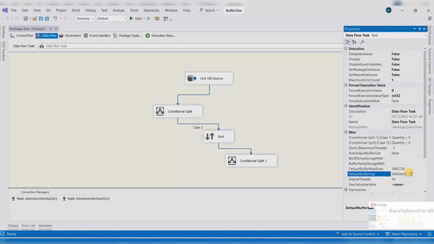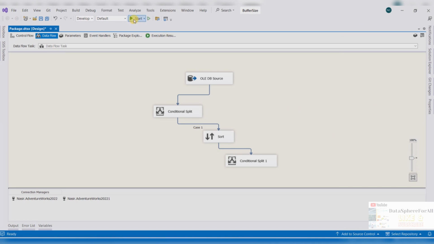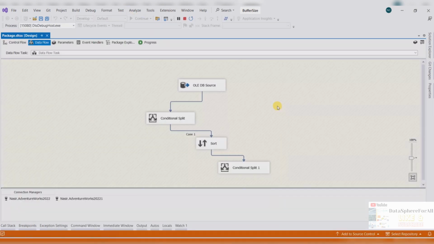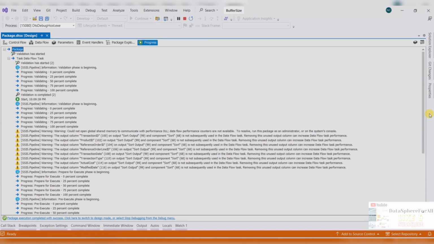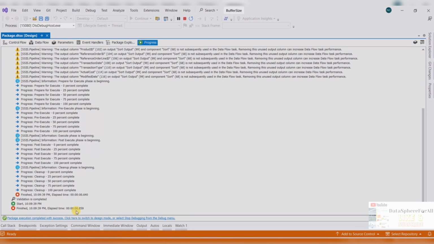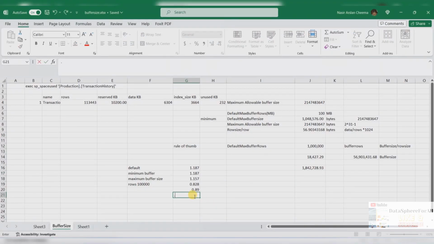1842729 rows, and the buffer size will be the default, 104857600. So if we run the package, let's see what time we will get. This time we are down to 0.859. So these two methods work seamlessly fine,